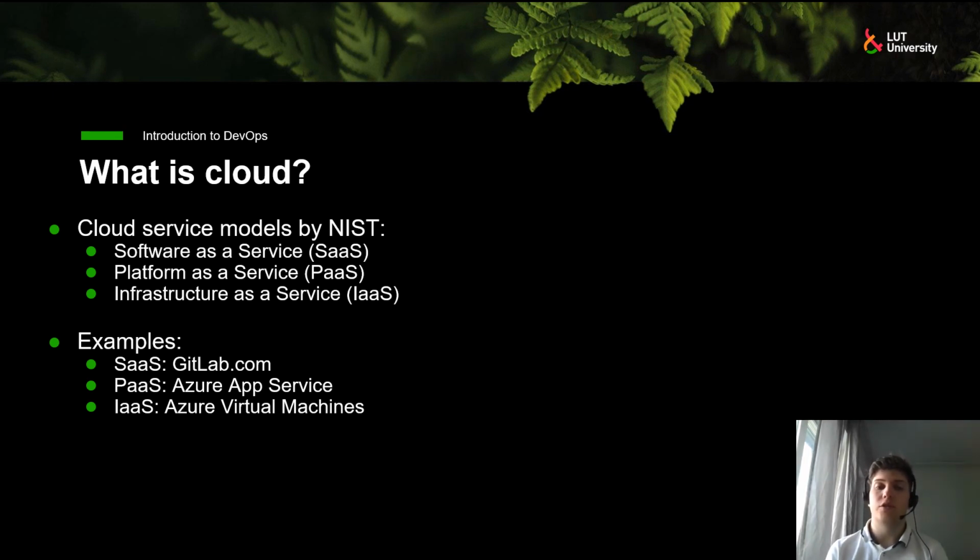Finally, there is this infrastructure as a service, which is the lowest level of cloud service models. It is a service that provides the rough computing resources like processing power and RAM memory. So, for example, Azure Virtual Machines is an example of infrastructure as a service.